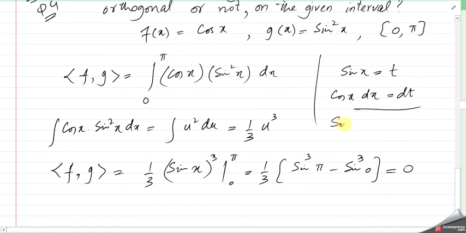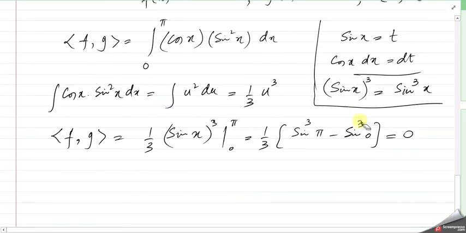Note that sine of x whole cube can be written as sine cube of x. Okay? And the rest you can use your calculator. Sine of pi is 0, sine of 0 is 0, and that gives answer 0. So this implies that f and g